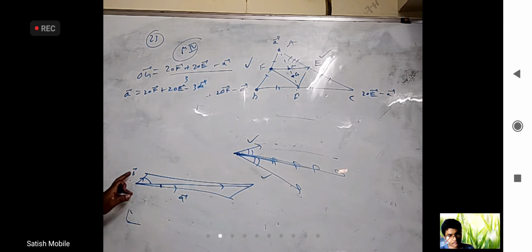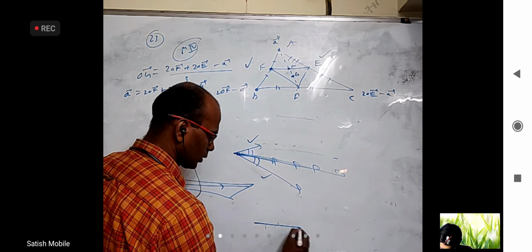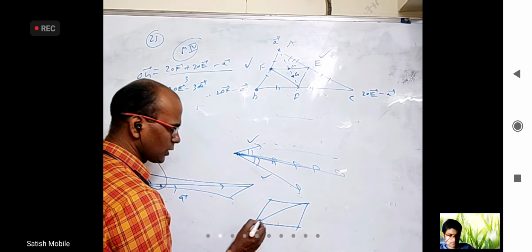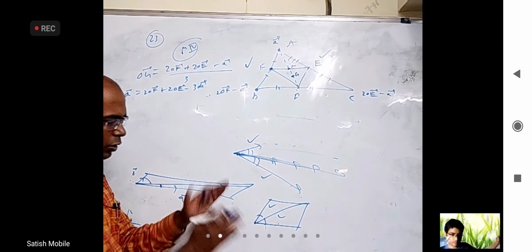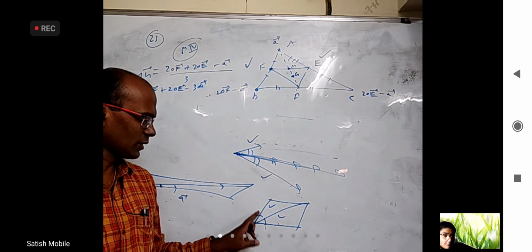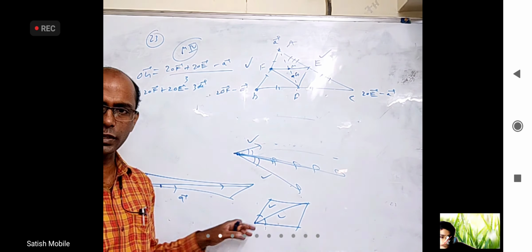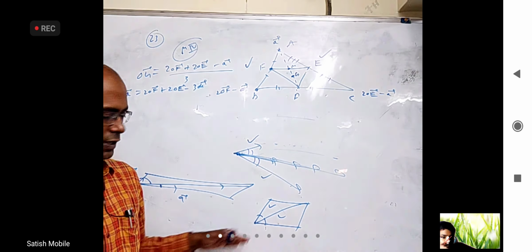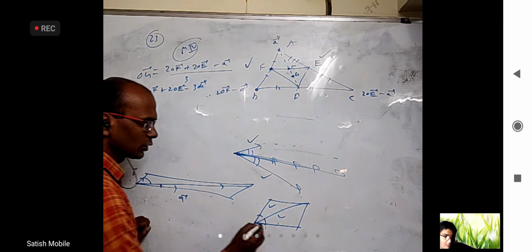If this and this have the same magnitude, it is not a parallelogram, it is going to be a rhombus, since adjacent sides are equal. In a rhombus, these two angles are equal. In fact, these two triangles are congruent. You can fold it. All four lengths are equal, and this will perfectly match with this when it folds. So these two angles are equal.